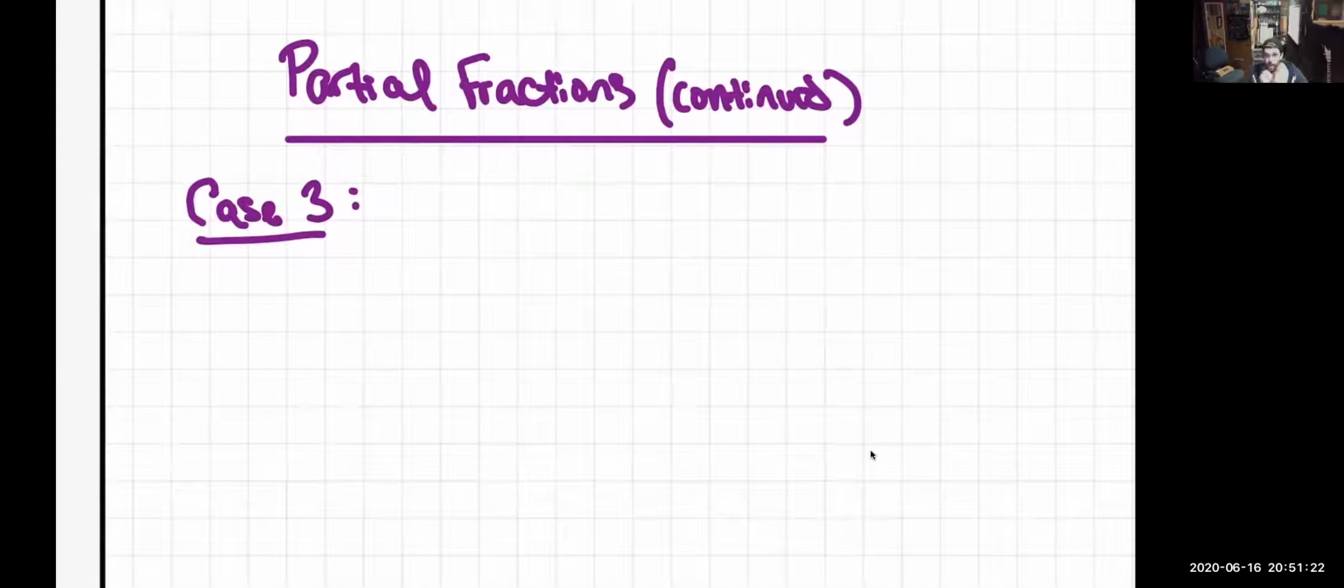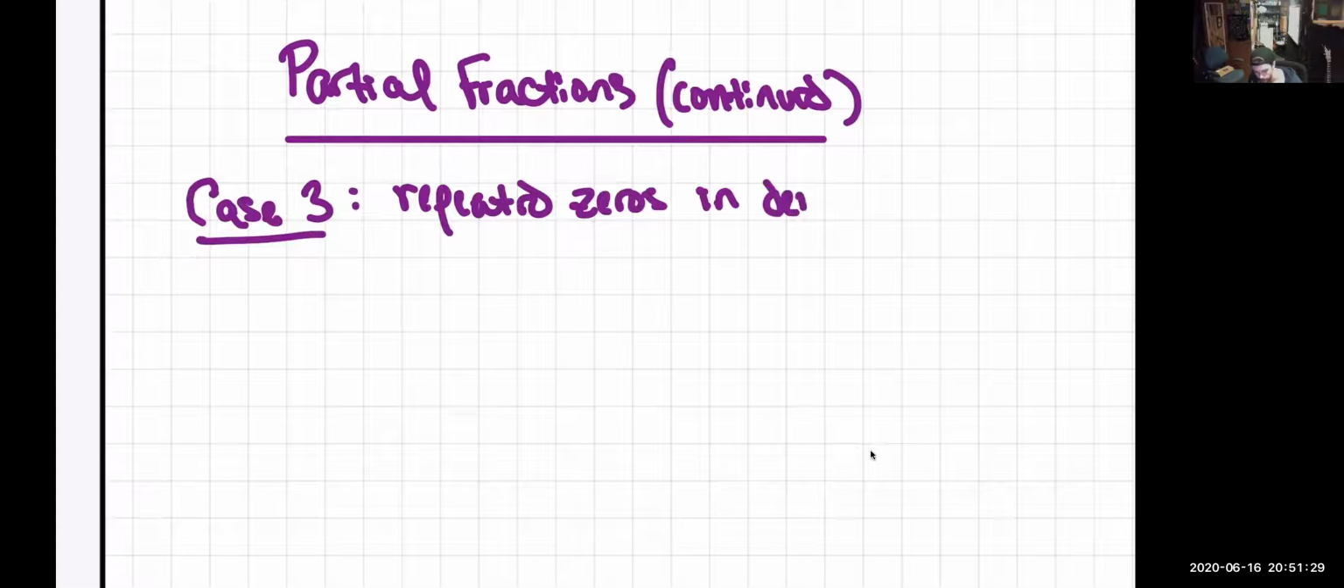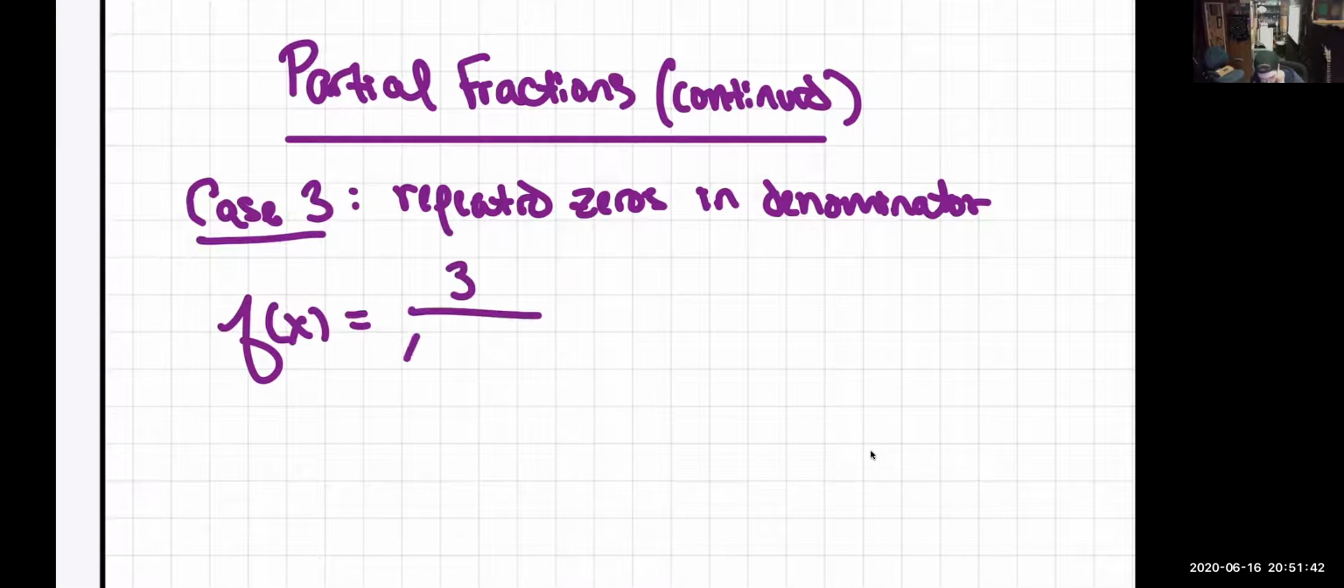So this final case is going to be when we have repeated zeros in the denominator. An example of this would be something along the lines of, let's say, f of x equals 3 over x times x minus 3 squared. So in the denominator, we have these two significant factors. We have x, which is a single zero, but then we have a double zero of 3 with the x